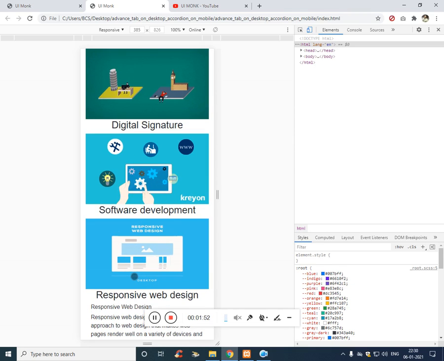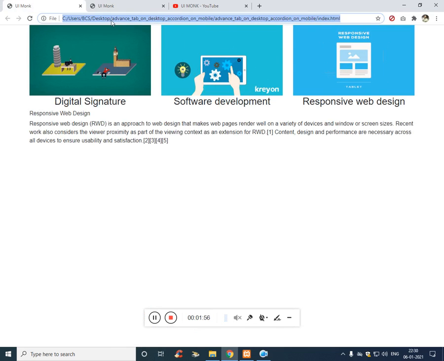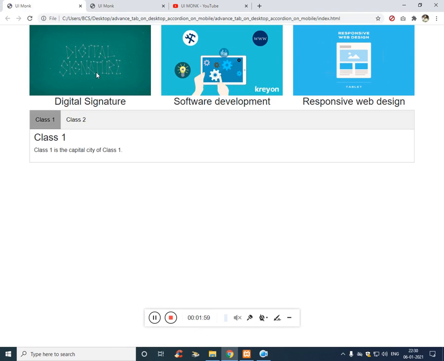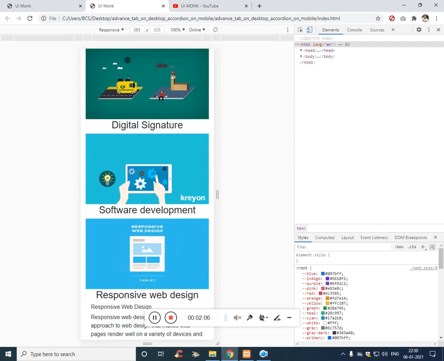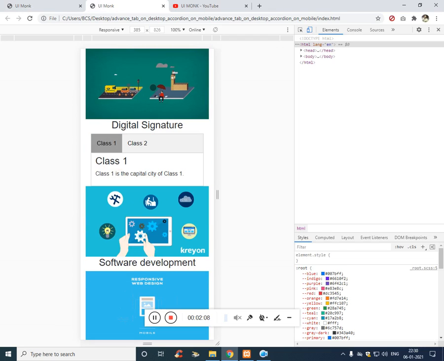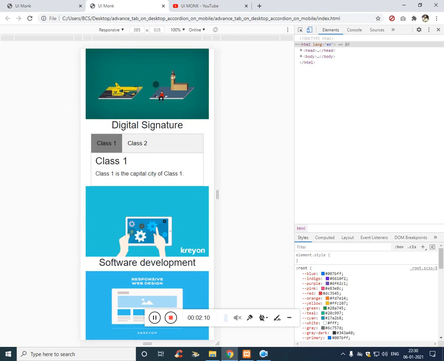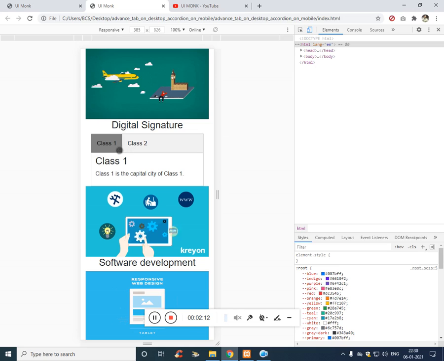not at the extreme bottom. So in this video, I have done a little modification. That modification you can see. I click on digital signature, and there are two tabs over here, class 1 and class 2. The same tabs are also available on the mobile version. In the mobile version, you can see the tab is showing up just below the